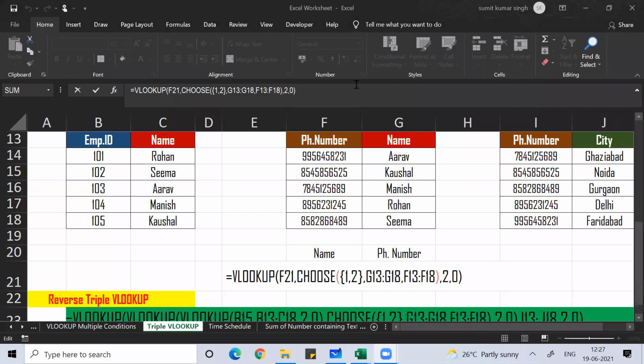Everyone, please practice this. VLOOKUP is the most important thing which you should know.